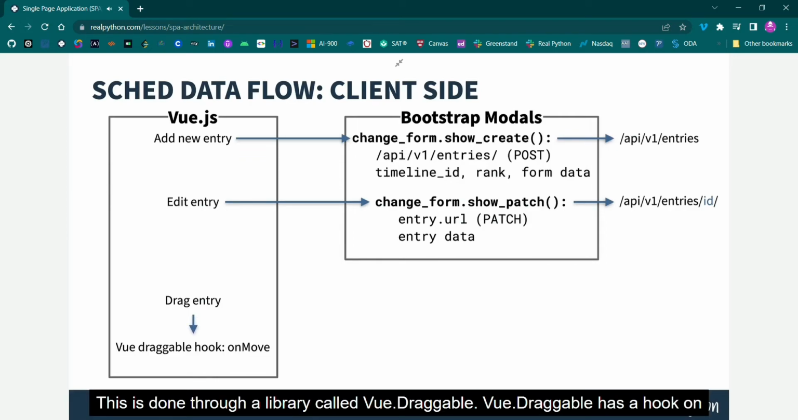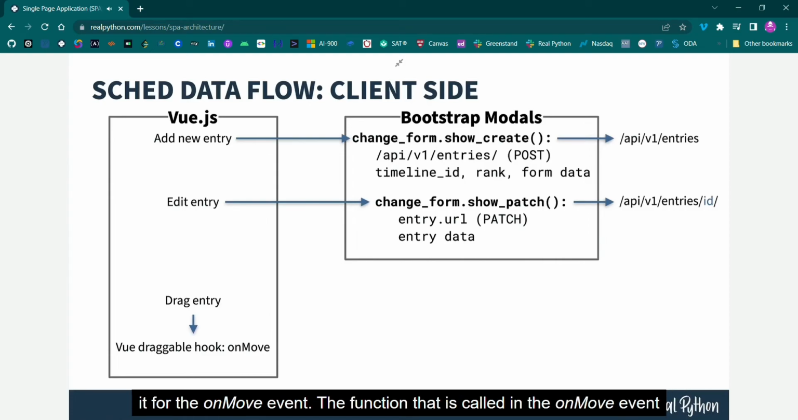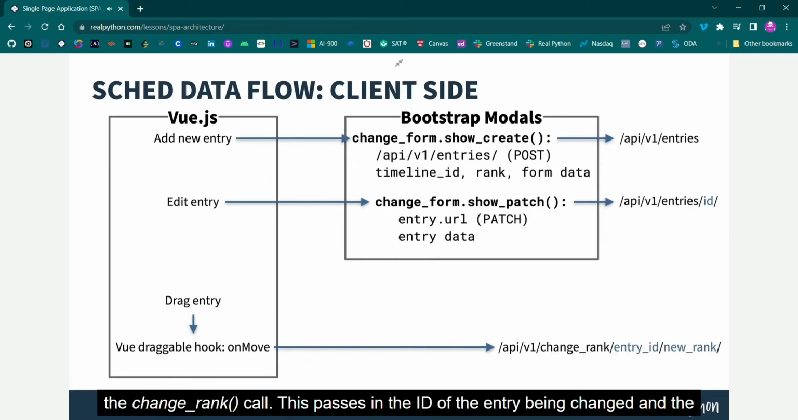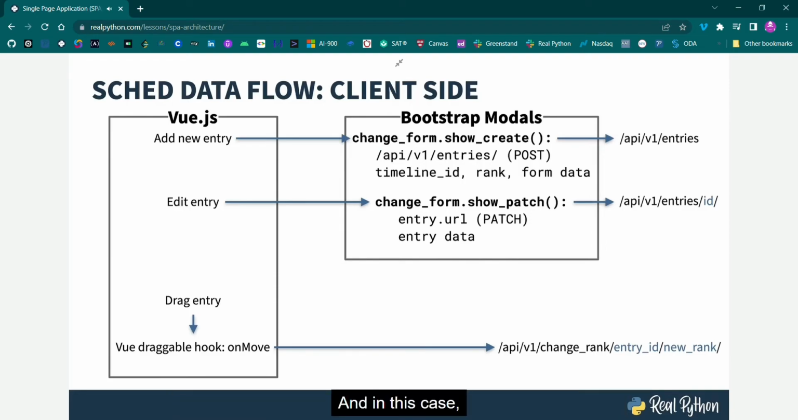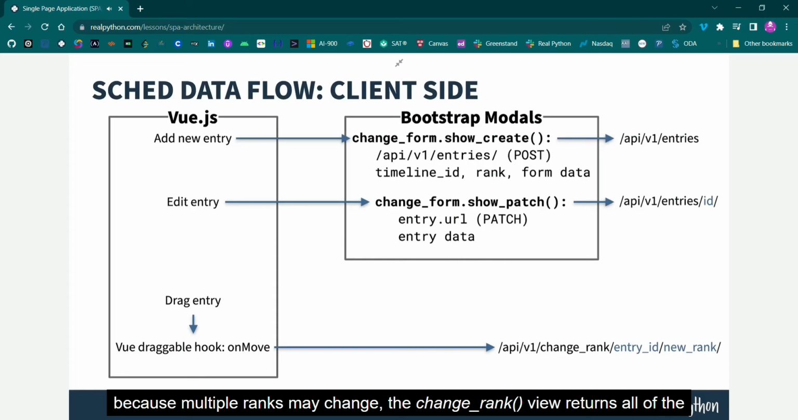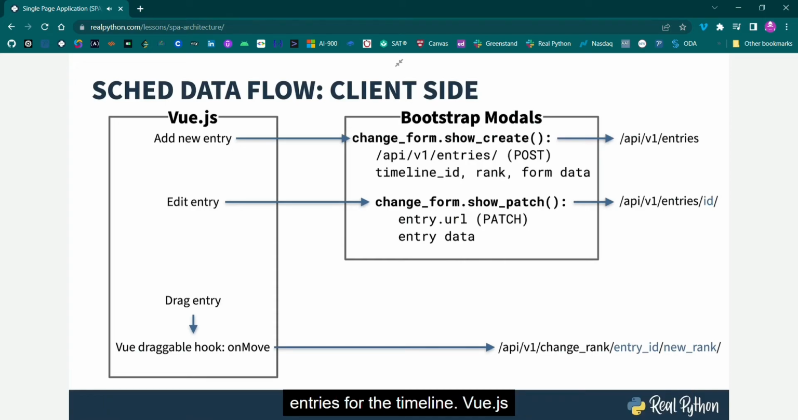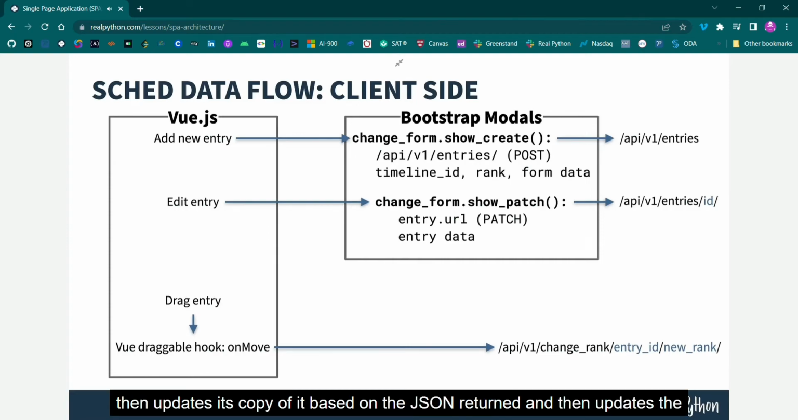This is done through a library called VueDraggable. VueDraggable has a hook on it for the onMove event. The function that is called in the onMove event figures out what entry has been changed and calls through REST the change rank call. This passes in the ID of the entry being changed and the new rank. That calls the specialty view that ensures that entry's save method gets called, which makes sure that all the ranks are set correctly. And in this case, because multiple ranks may change, the change rank view returns all of the entries for the timeline. Vue.js then updates its copy of it based on the JSON returned and then updates the